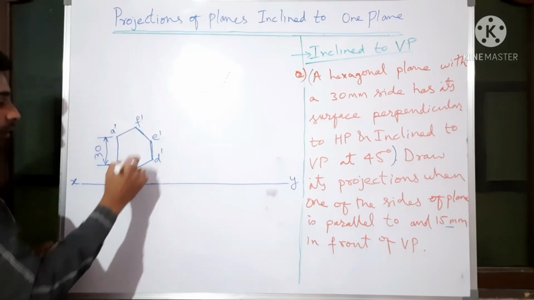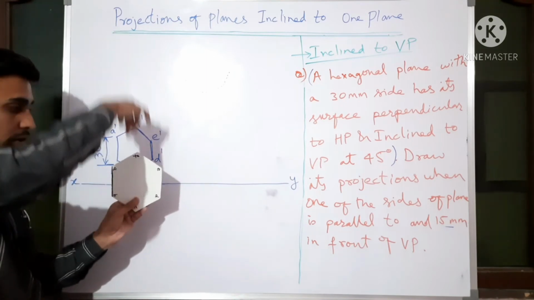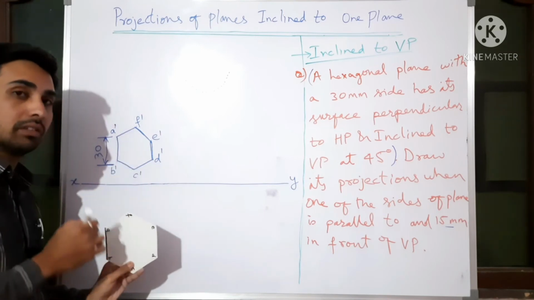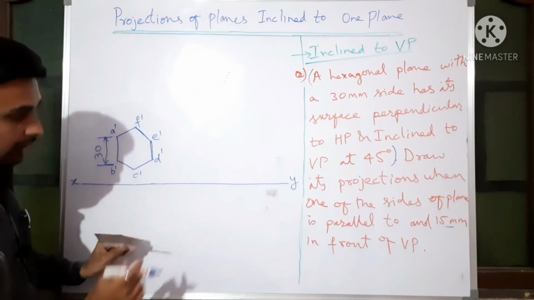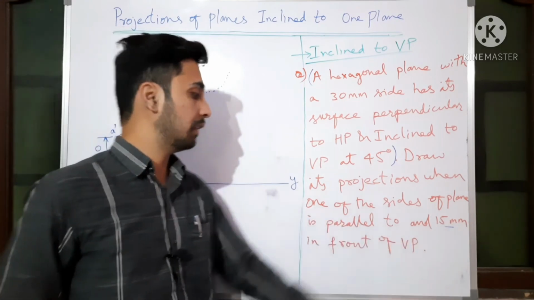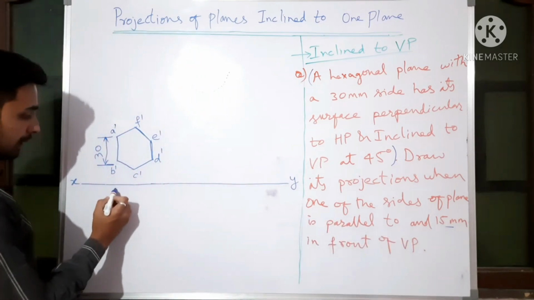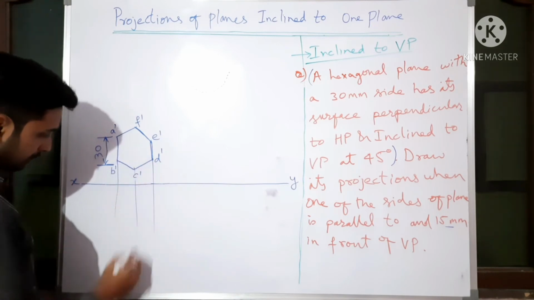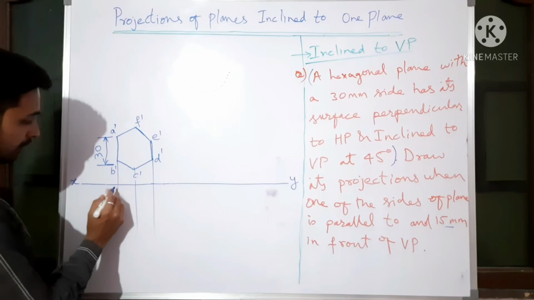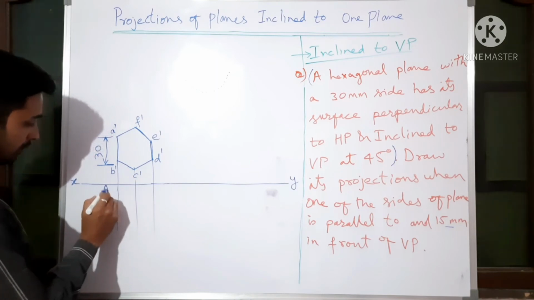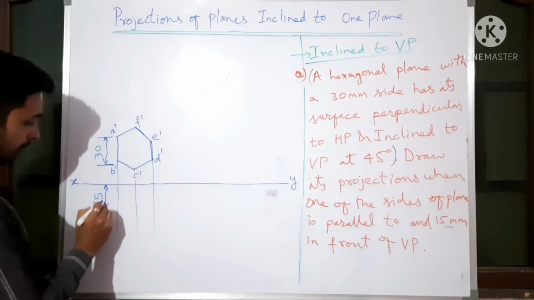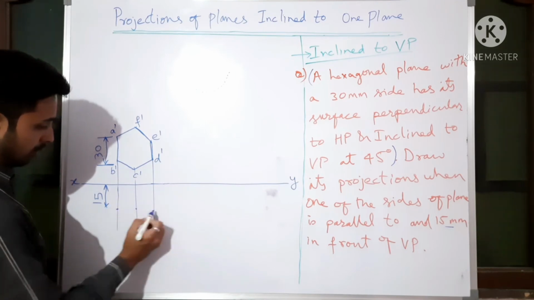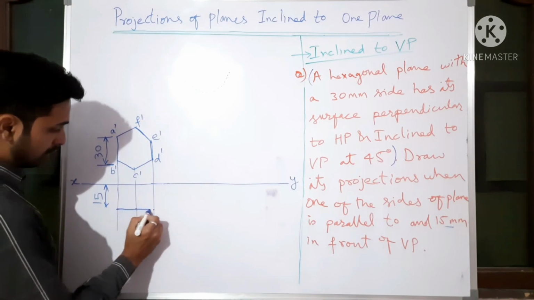So now from the top, if you see the top view of this, the front view is this we have drawn. In the top view, if you see here, one line is visible. See, this is the one line. So how much in front? 15 mm in front. So with respect to HP, how much is it? It should be in front. Just project it. These are vertical projectors. In front it should be 15 mm. Okay. So now this is the top view.